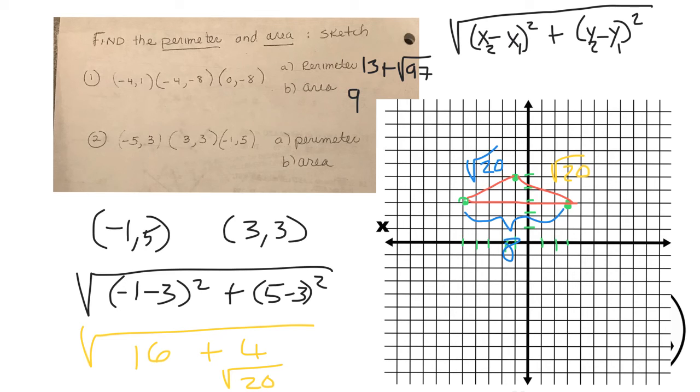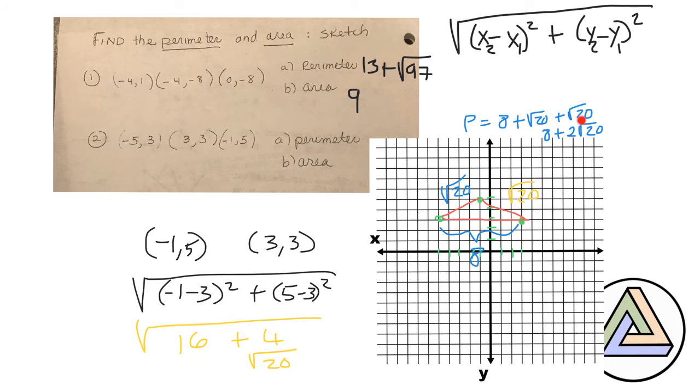And anyway, we have the perimeter now. It's 8 plus these 2. And how could we represent that? Well, we could represent that as the perimeter equals 8 plus radical 20 plus radical 20. Or we could say 8 plus 2 times radical 20. That's a way of thinking about it. Now, the teacher might want you to